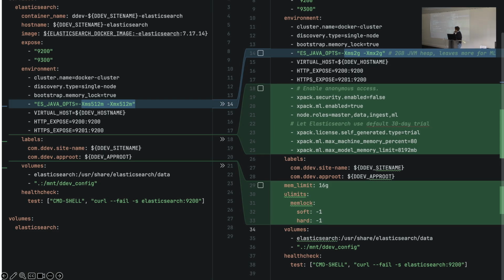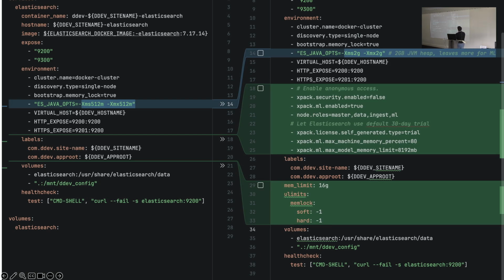Now, this is also quite interesting. The first is the compose file of Elasticsearch, the basic one. And then the second one is the Elasticsearch Docker compose for the semantic. We added some things here, but I'm going to break it into three parts. The first one is more resources. We are talking about ML, machine learning, and semantic search with models. We just need more resources for our DDEV container.